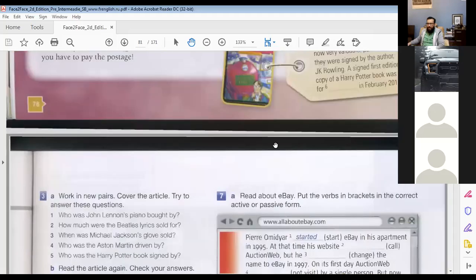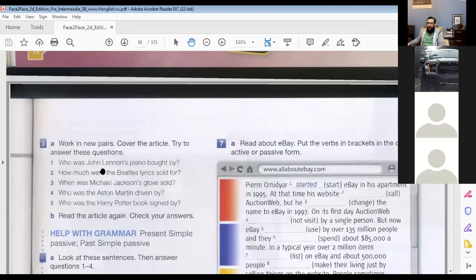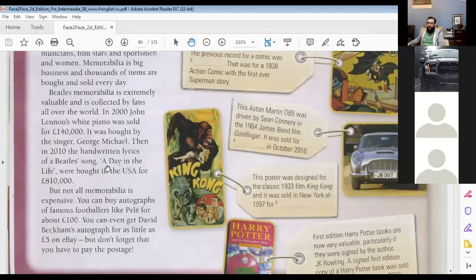Now I want to take you to the next question here. So let's see if you can remember. Who was John Lennon's piano bought by? Who can remember? Okay, I'll take you. Who was John Lennon's piano bought by? By a singer, I think. But what's the name of the person? The person who...